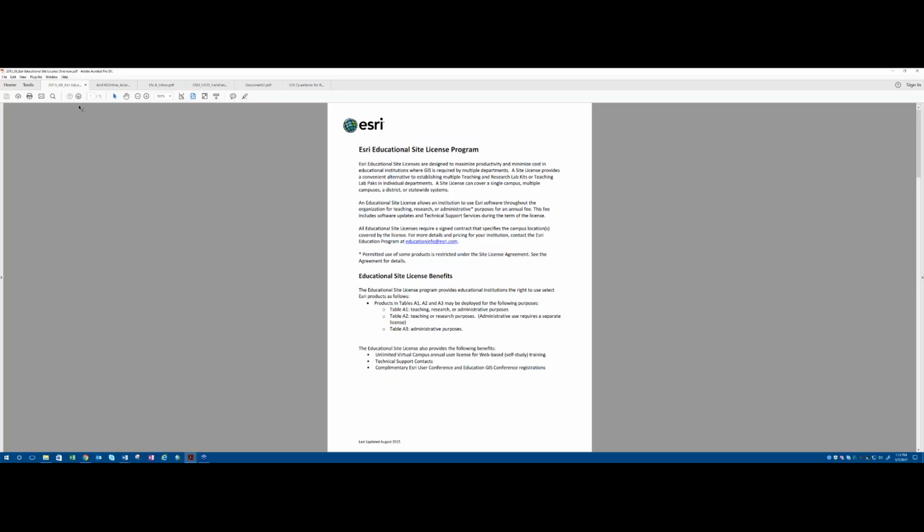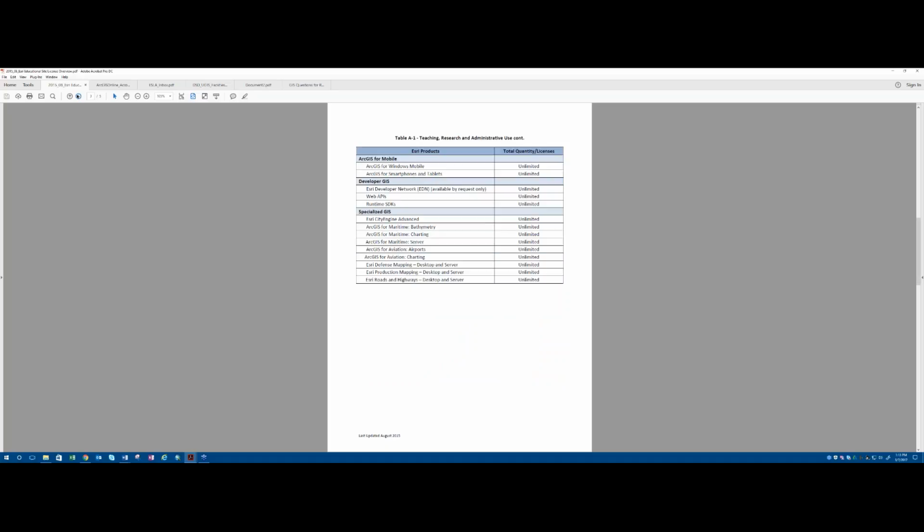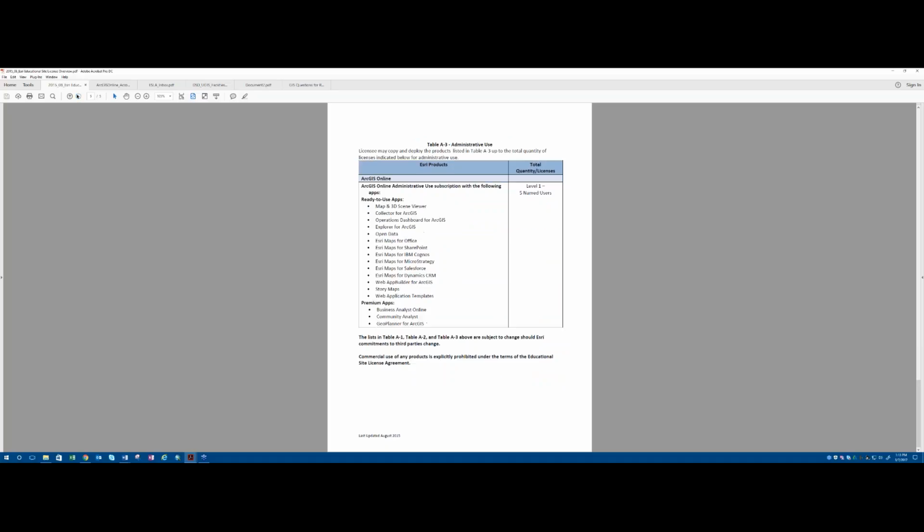Sure, absolutely. So, for the attendees out there, this is a document that talks about Table A1, Teaching, Research, and Administrative Use. So pretty much, if you're using this for teaching, you got everything. That's part of the SLA. Research has a little bit of limitations, and administrative has a couple more limitations. So in panning through to here, it really comes clear, as I think it's around the last page for administrative use. In a nutshell,